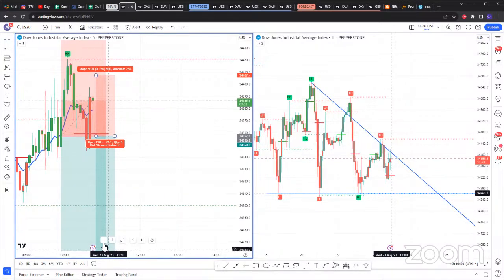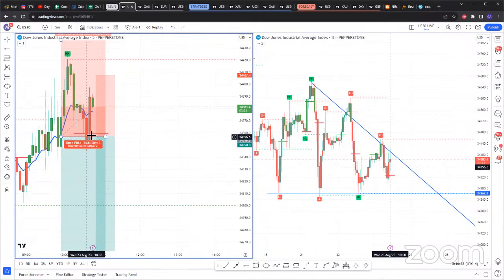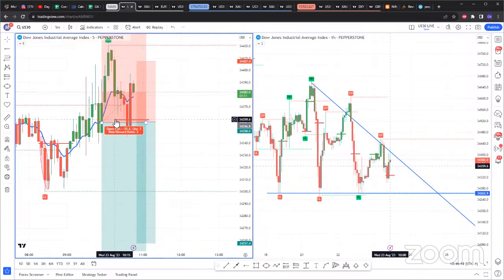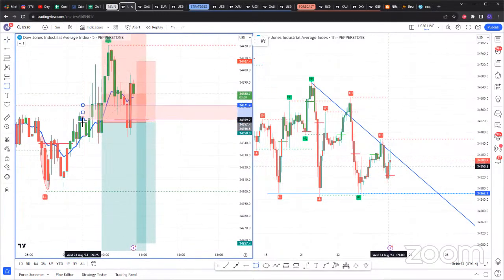I mean, sure, but as much as we are waiting here for the 5 minute, this is a safe entry because you can see how now this area is acting as heavy both support and resistance. So we know that this is a zone. This is a zone of interest right here.